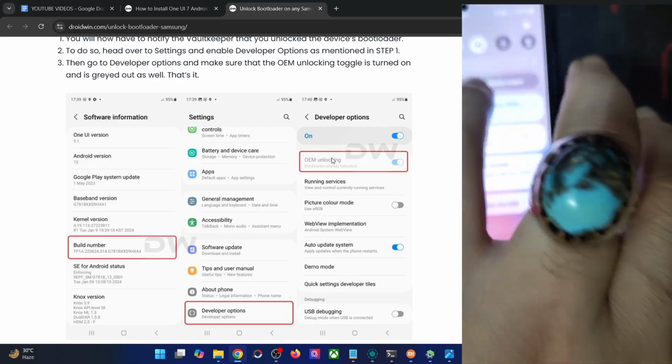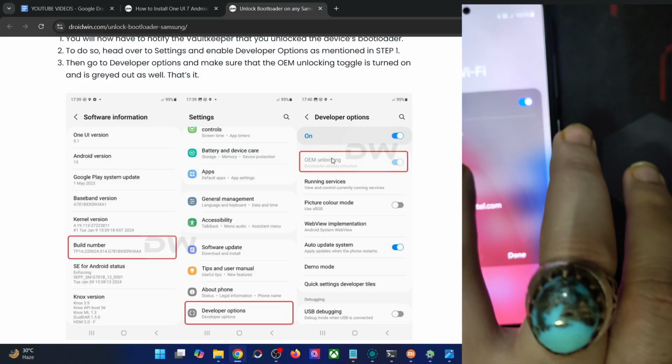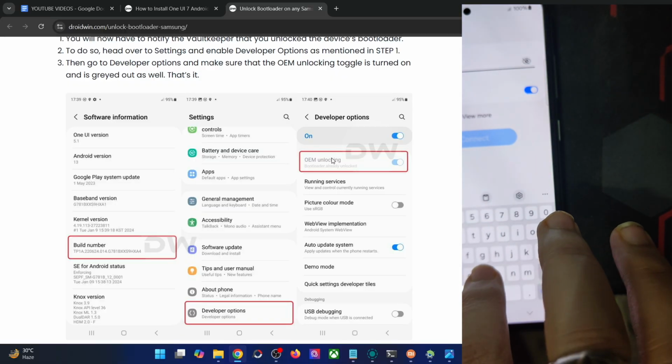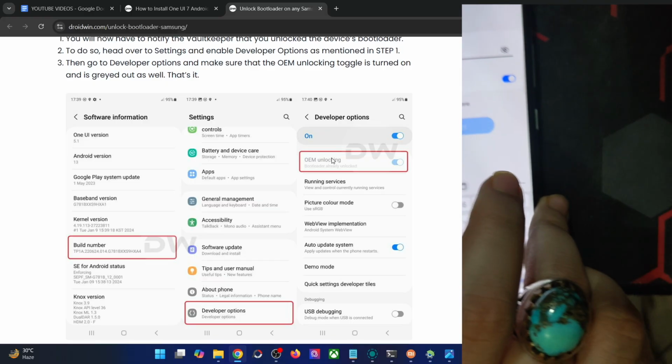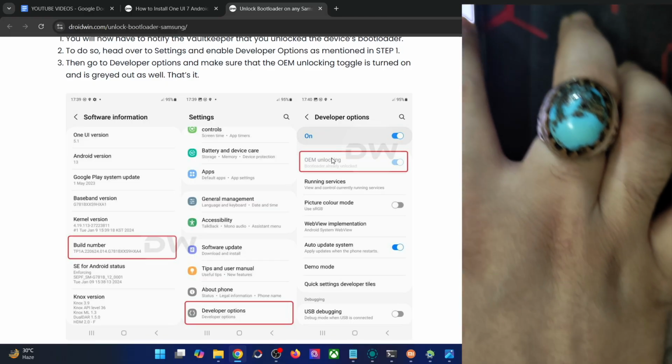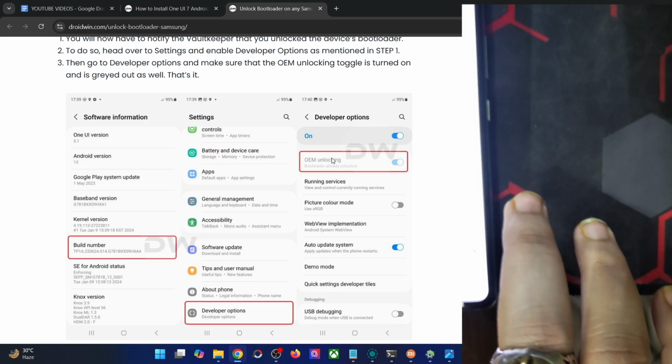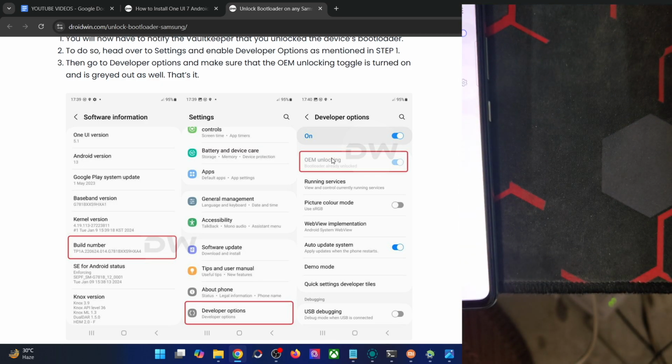So now I have to connect my phone to the Wi-Fi. This should take just a few seconds. So let me do that as well because this bypassing is very important. So type in the password and let's connect our phone to it. And once that is done,